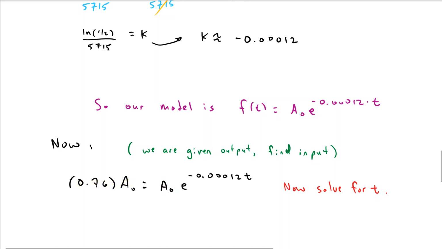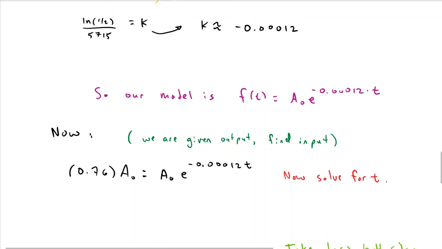So we plug in 0.76 times a naught. So we have our original amount, and then we have 76% of our original amount on the left. And the cool thing is, again, the a naughts cancel,